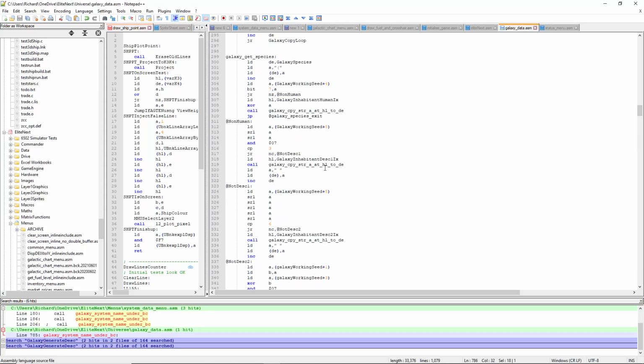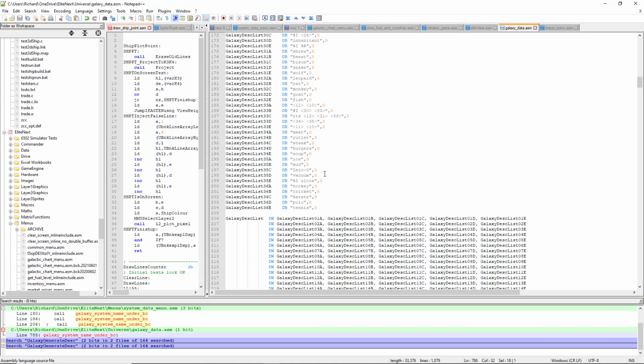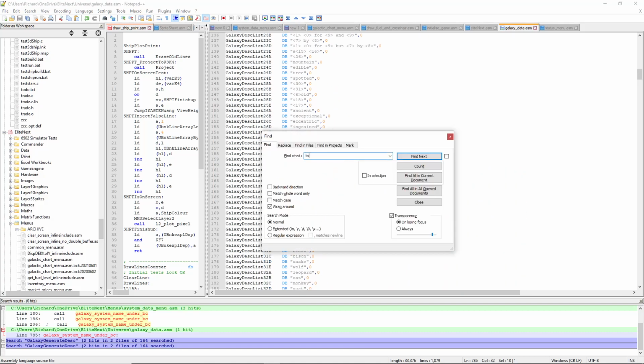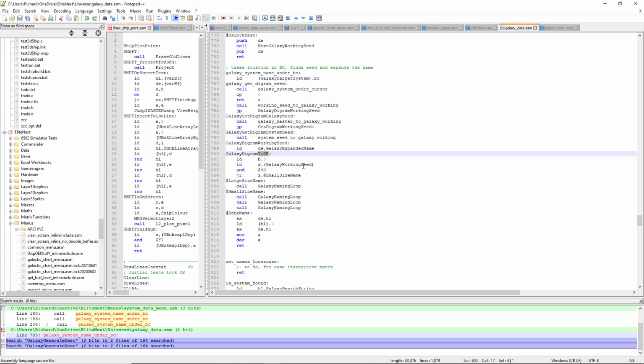I have the routine for name planet, which I remember had that bit in there. So that takes the assumption everything's prepped in D, so you've got various levels of entry points in here. Targets them under BC, loads it into there. So if I do get galaxy digging seed, then I can bypass that bit which I don't need and just call that directly. But at that point now it doesn't know the target location,